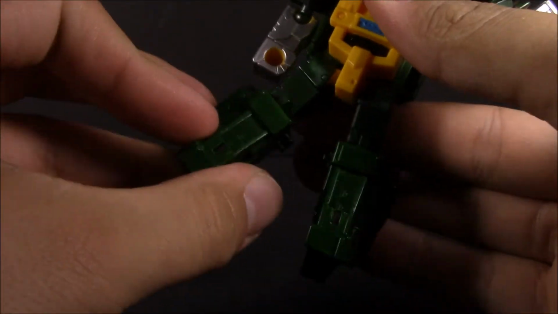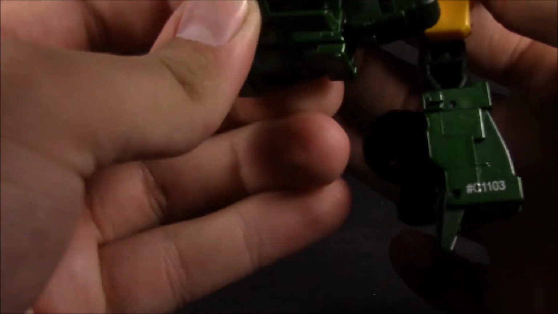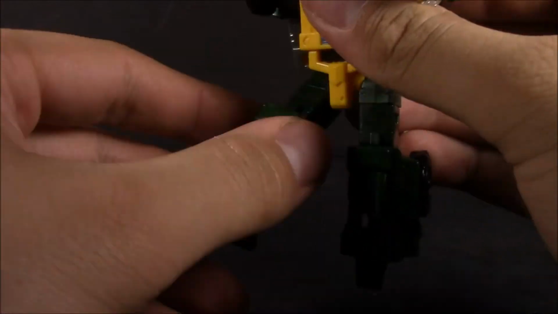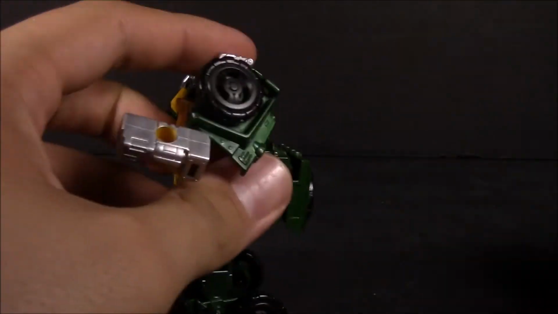The hips are on a ball joint, so you get a little bit of a spread, but not that much. You get good range back and forward. Knees on a hinge, and you get a thigh swivel. And that's pretty much it for Brawn, so let's go ahead and bring in his